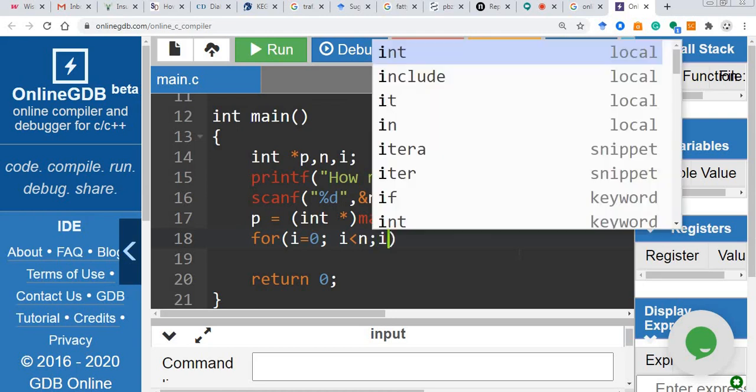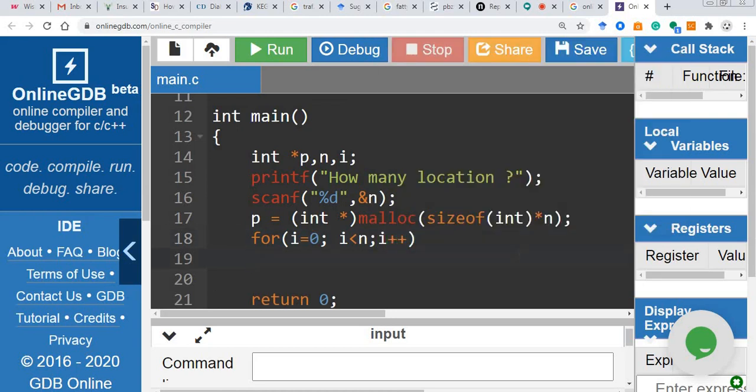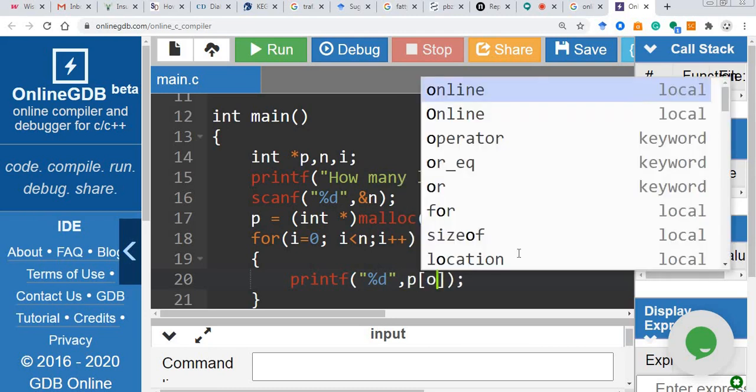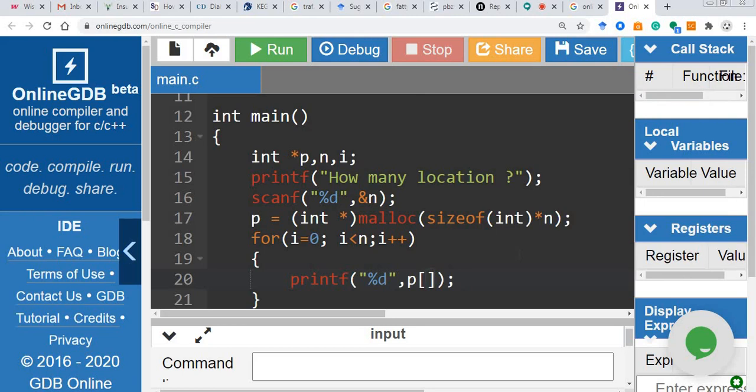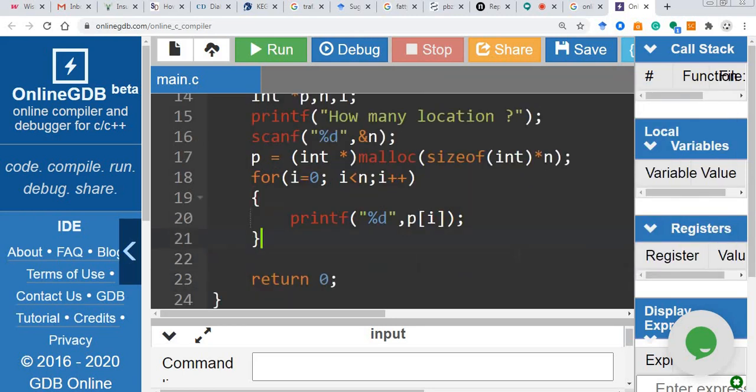Then i plus plus, and if I can print the statements, what is the content of what? %d, you can say p of i, p of i.